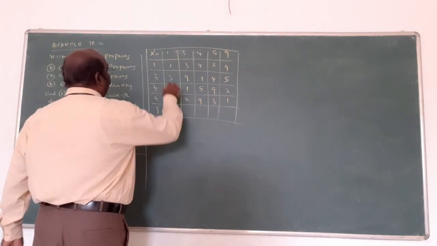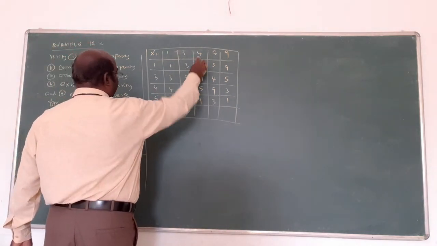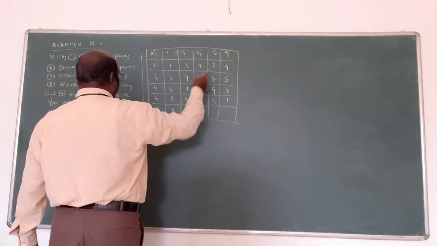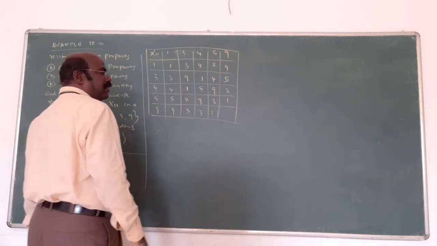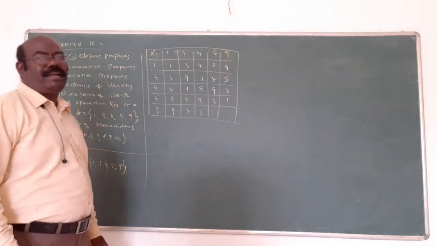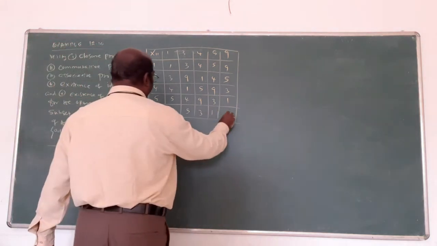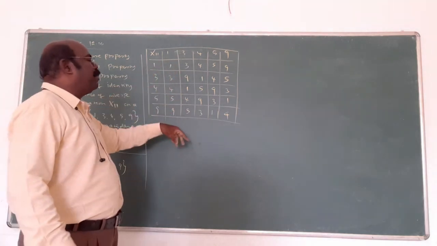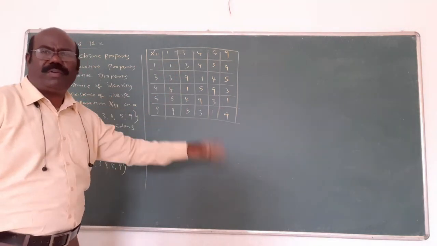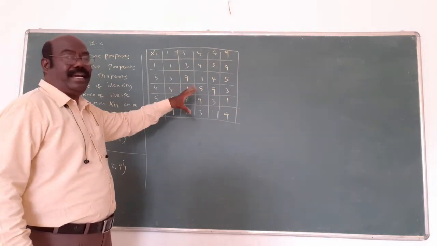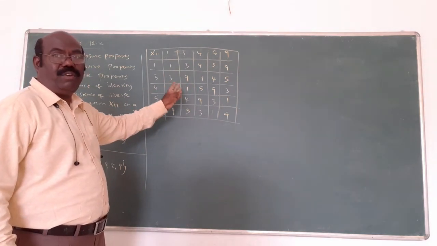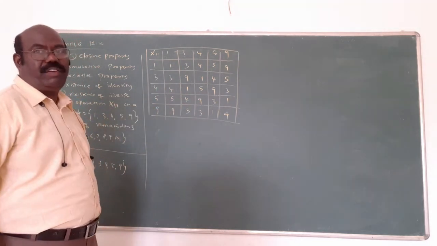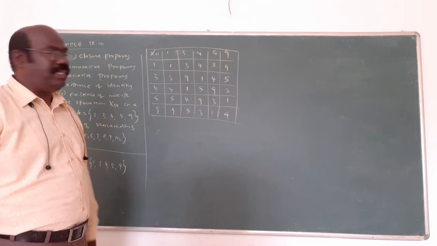9 ones are 9. 9 threes are 27 means 5. 9 fours are 36 means 3. 9 fives are 45 means 1. 9 nines are 81. That means what? 11 seven times is 77, remainder 4. Now, after completing the table, check yourself. All elements are 1, 3, 4, 5, 9. The elements should not be repeated in any row or column. Verify yourself row-wise and column-wise: 1, 3, 4, 5, 9.